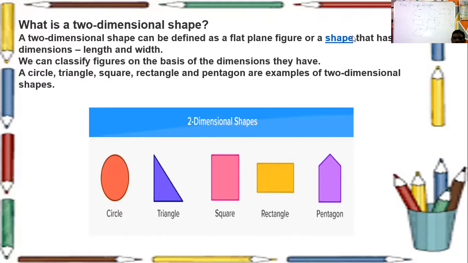Circle, rectangle, square, all these we can draw on the board. A sphere we cannot draw on the board. The shape of the sphere we can guess, but an exact sphere we can't draw because that occupies some space. It has volume. A cuboid also we cannot draw on the board or on the paper because that occupies some space; it has width and height also. So two-dimensional shapes can be drawn on the board, three-dimensional shapes not.